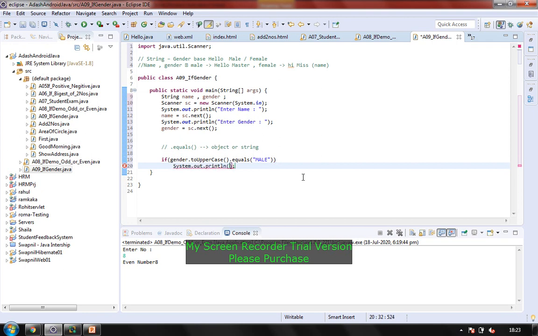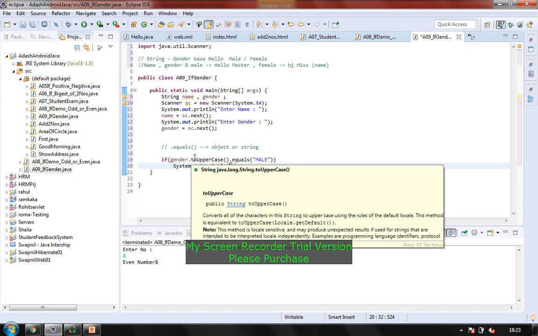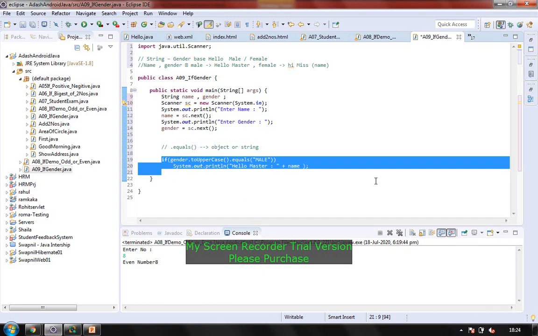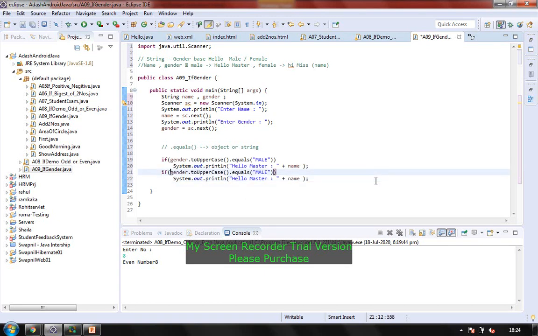But if you convert it, then it will accept data in any format, and before comparing it is going to make it uppercase. So in this case, if the person is male, I will say hello master, and master name, that is name here. In case of female gender, everything will be the same, and I'll say female.